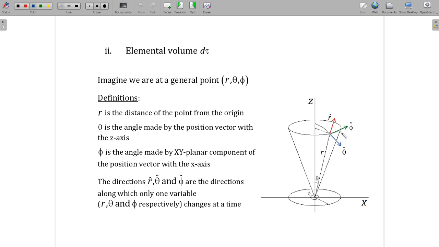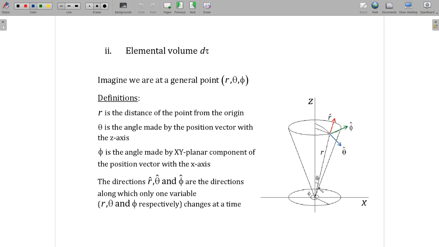So we are quite sure now that this must be the direction of phi cap. If I move a small distance in this direction, my phi changes, but my r and theta remain constant. Coming to r cap, if I move in this particular direction, right away from the origin,